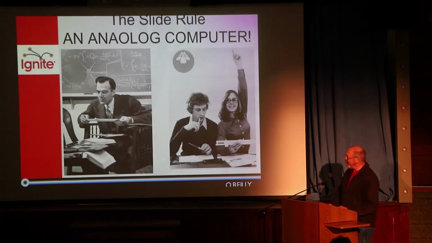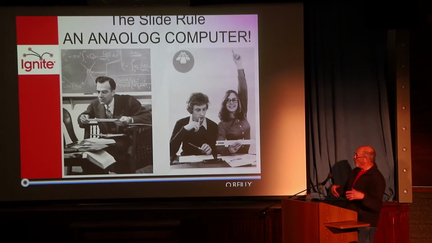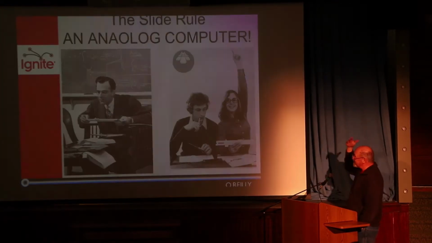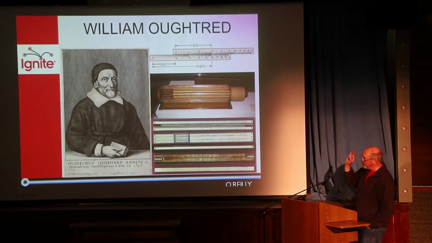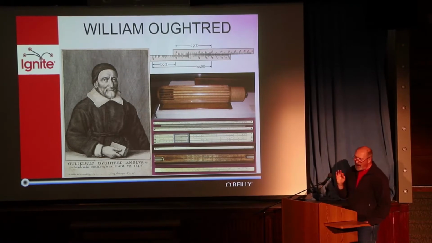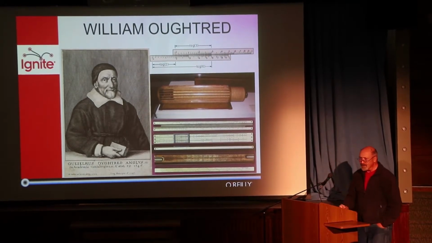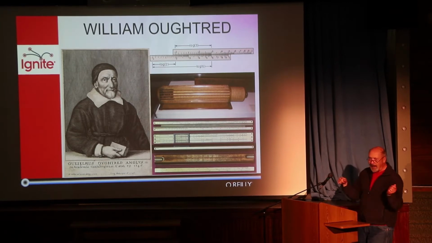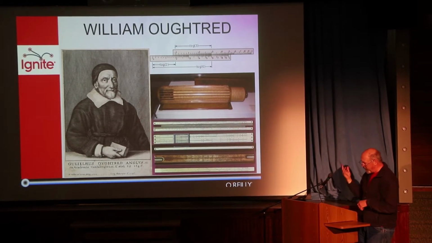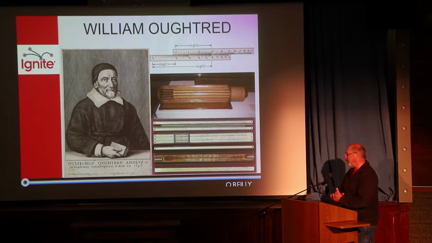Let me give you a little bit of insight into why I think that slide rule is cool. Slide rules are cool! The slide rule is an analog computing machine. It was first developed probably by William Oughtred in about 1622. He was the first, at least, to put sliding scales together. These scales were developed about 20 years earlier